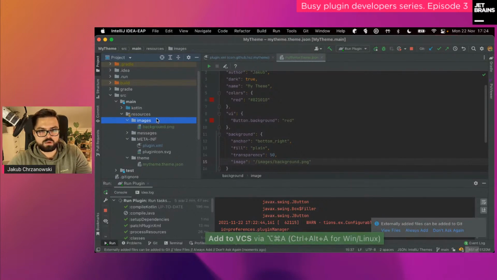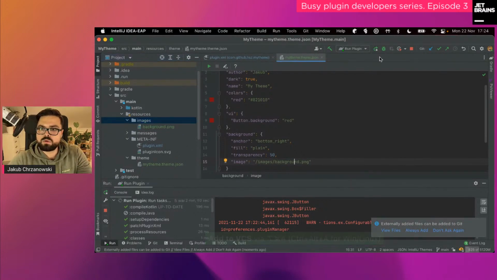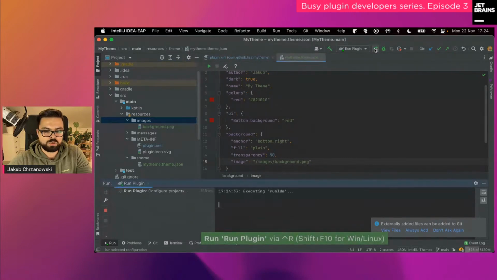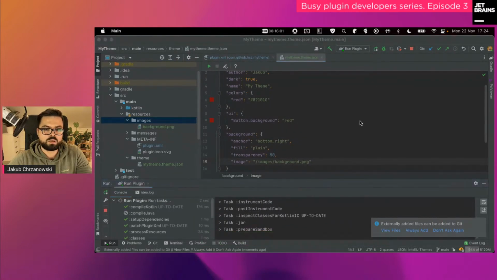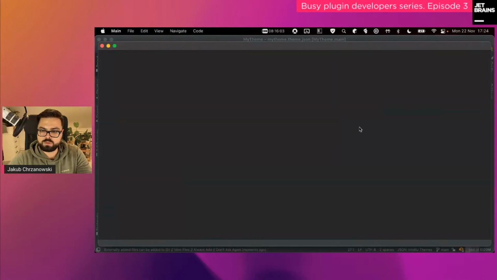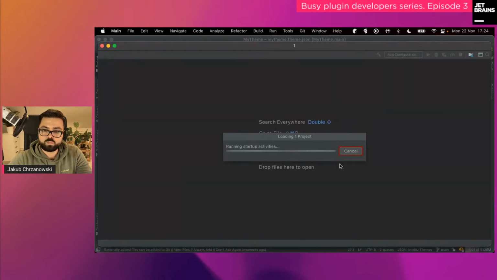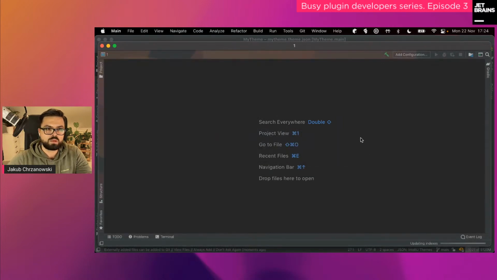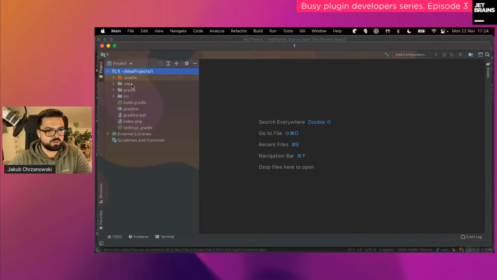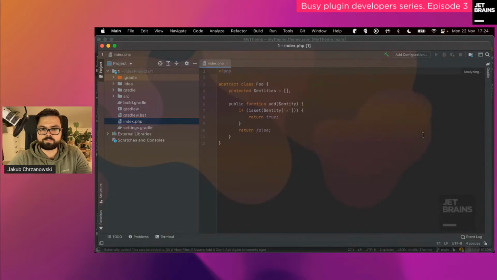Okay, it's here. So right now, when we restart the project, run the IDE, you should see the background. The red one, so team is applied. And there is something. Let's open project. It's in a specific manual file, and yeah, here it is. We have the full background, the background image, and yeah,